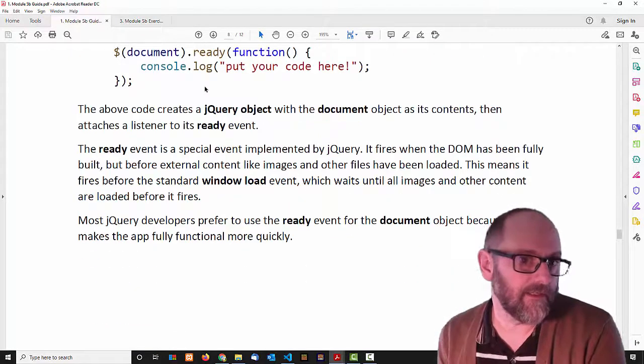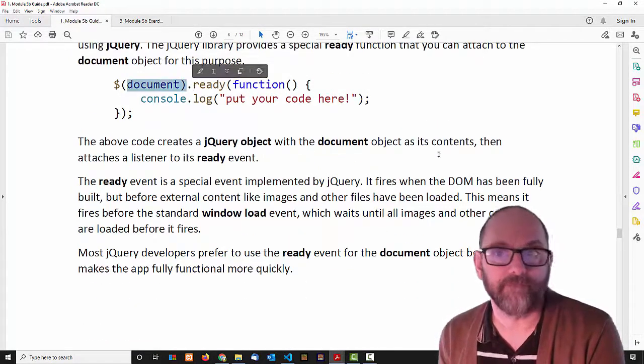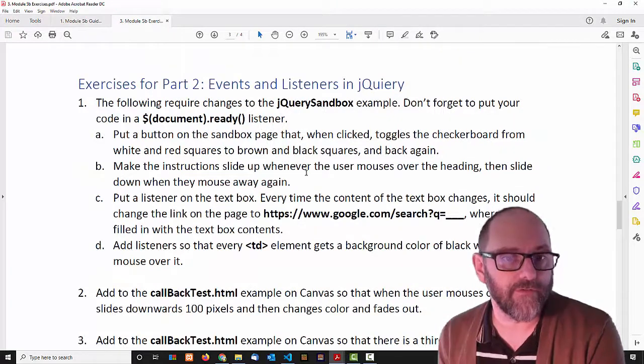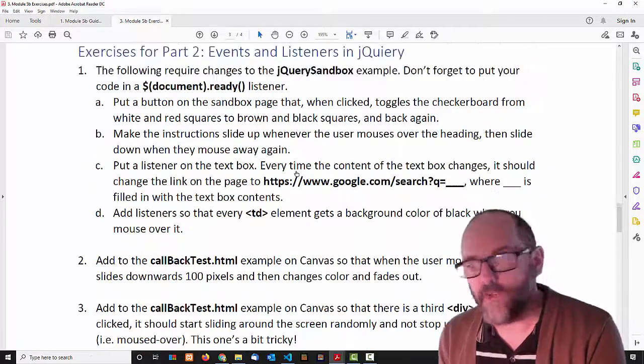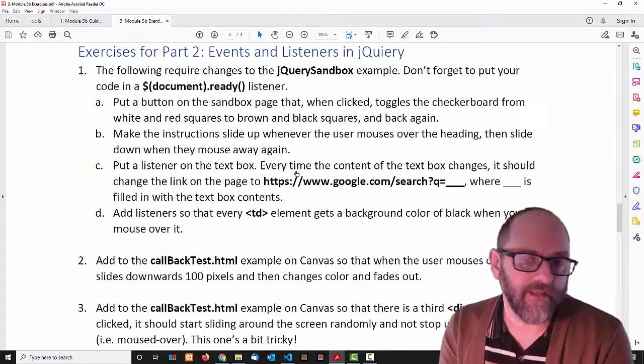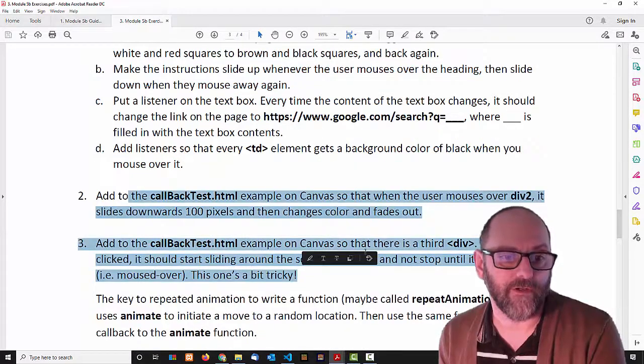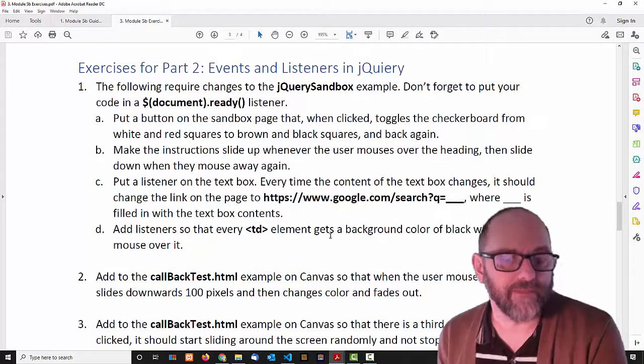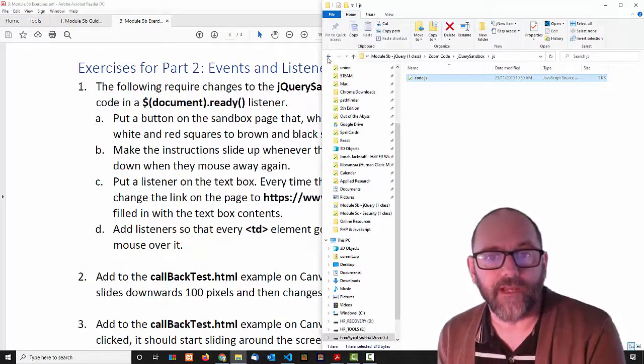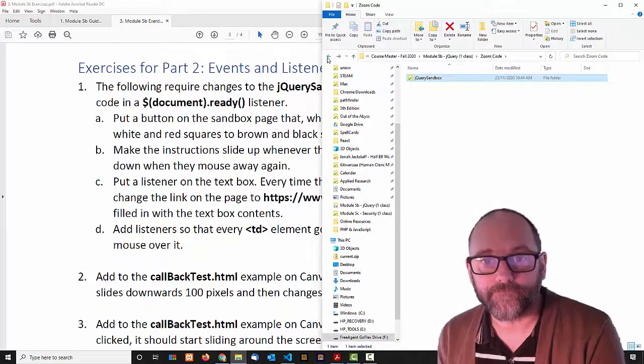Yeah, and use the document ready function. That's it. There's a few exercises for you to try here. If you feel like it, I would try to at least add an event listener to something. This is using the jQuery sandbox, and this is using another example called callback test. Some of them get pretty fancy, but if you think you got the basic idea, then it might be time to go and take a look at the